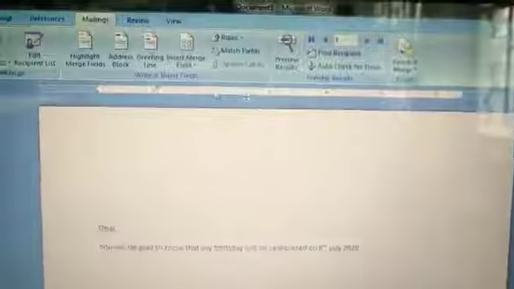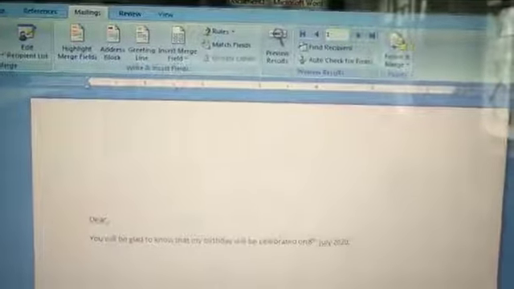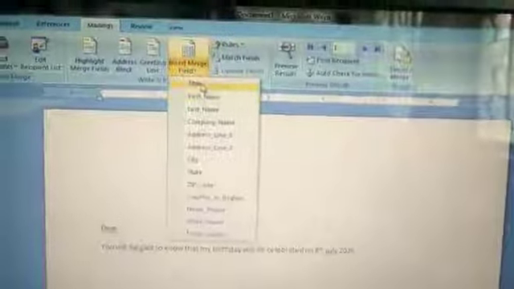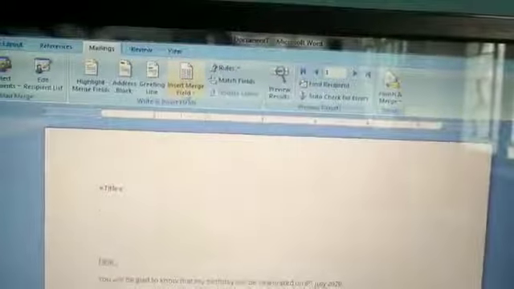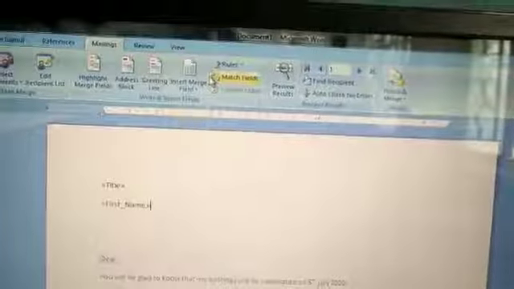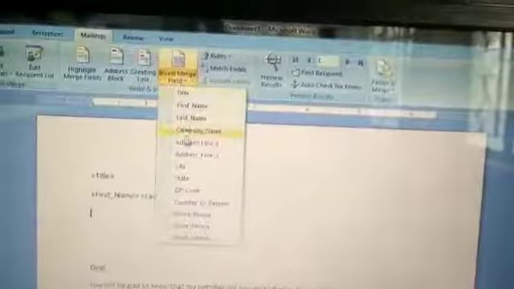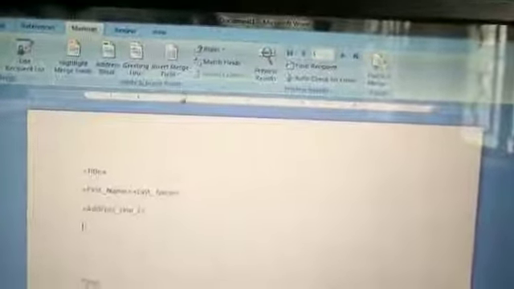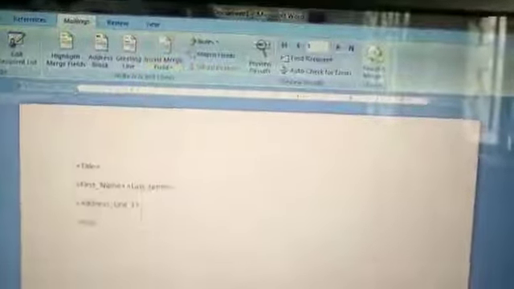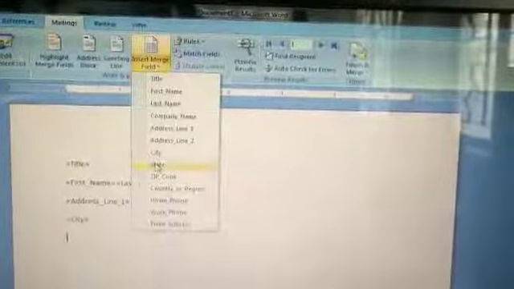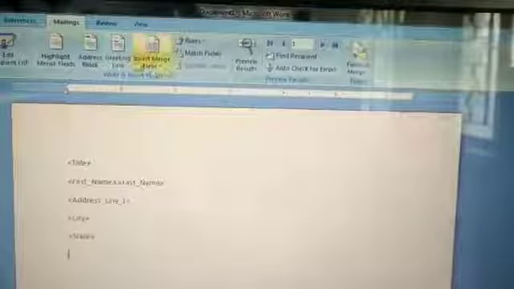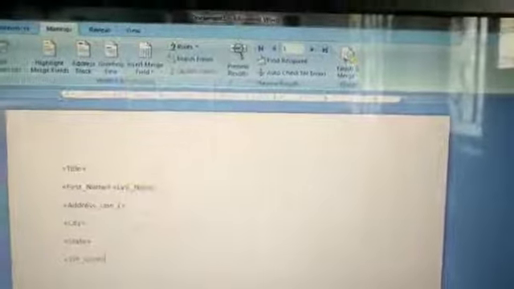Then the same thing you have to do: Insert Merge Field drop-down. First give the title, place the cursor over here, then choose Title, enter, First Name, space, Last Name, enter, Address in one line, enter, City, enter, State, enter, Zip Code, enter.